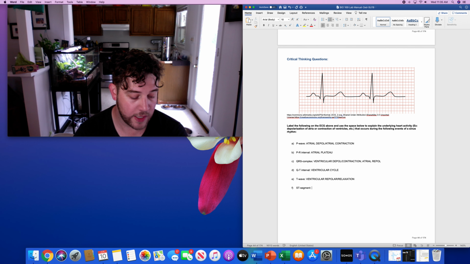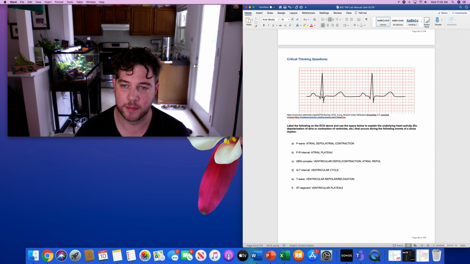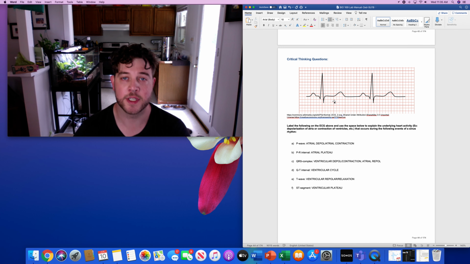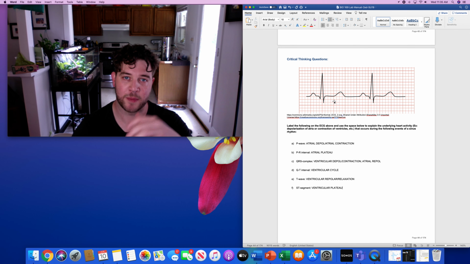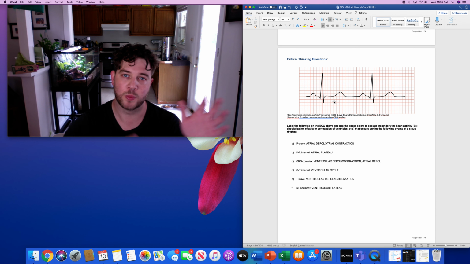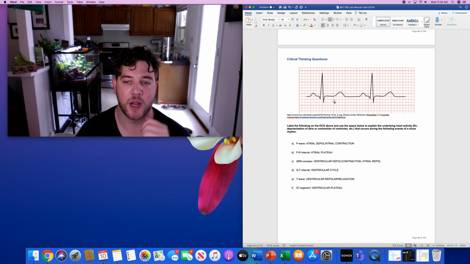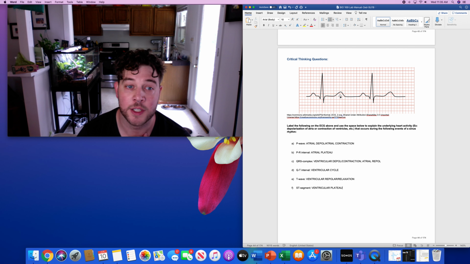And then your ST segment is your ventricular plateau. So again, it's from S to T, this segment, that's when the potassium and calcium channels of the ventricles are both open, so you have calcium coming in, potassium leaking out to prolong that repolarization process until you get to the T wave, and it fully repolarizes and relaxes. So you should be able to know all of these segments, the electrical and mechanical events, based off of the